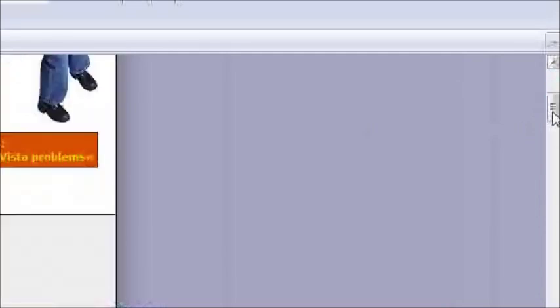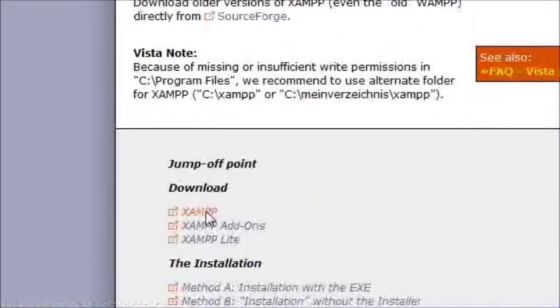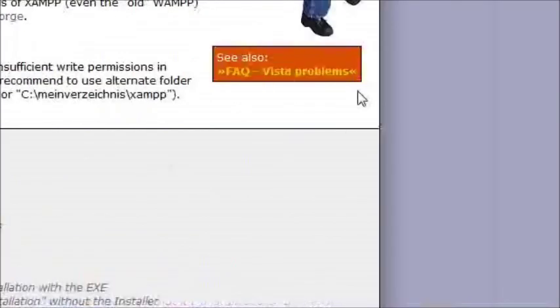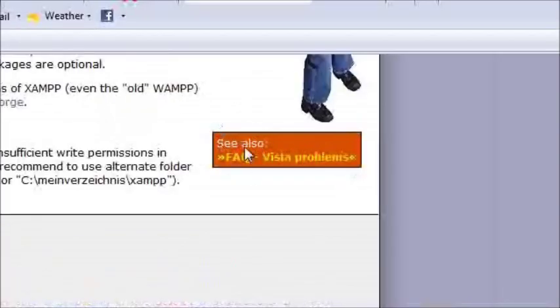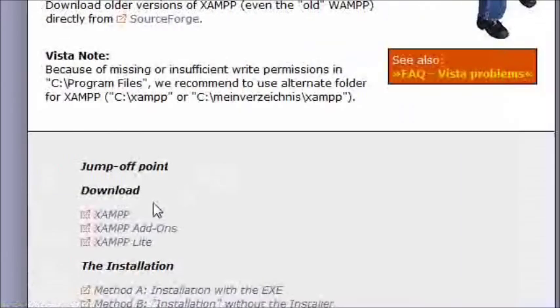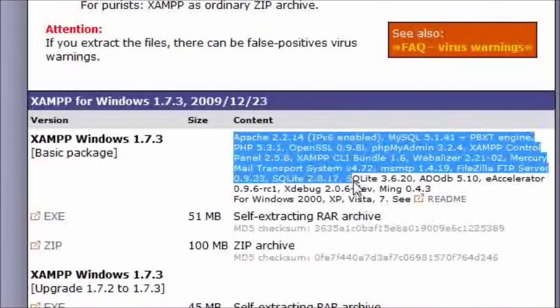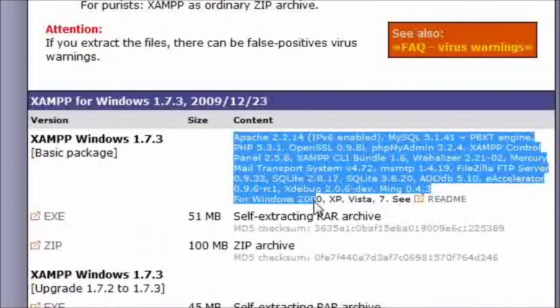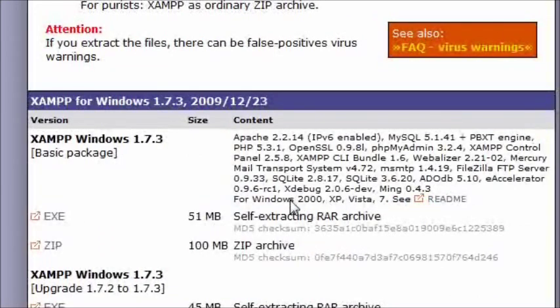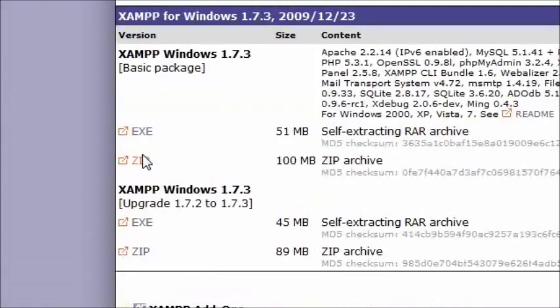So if we scroll down, we'll find the download. Just a quick point: if you run Windows Vista and you have a few known problems, you'll find them here in the FAQ area. So we'll click on XAMPP, and again you've got the details of what's going to be found in the download bundle and which versions of Windows it'll work fine with, and you've got the exe or the zip file to download from. Now I'm going to click on the exe,